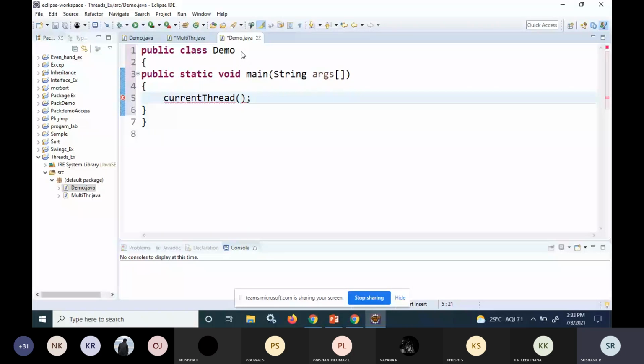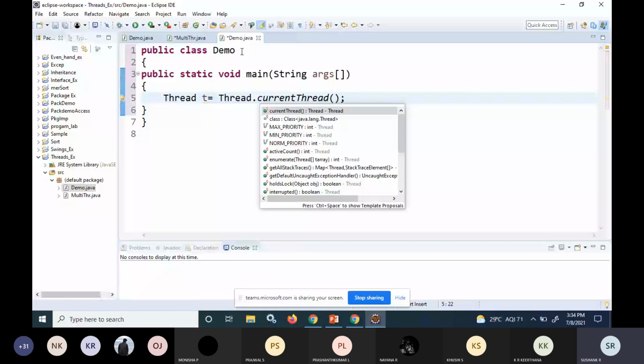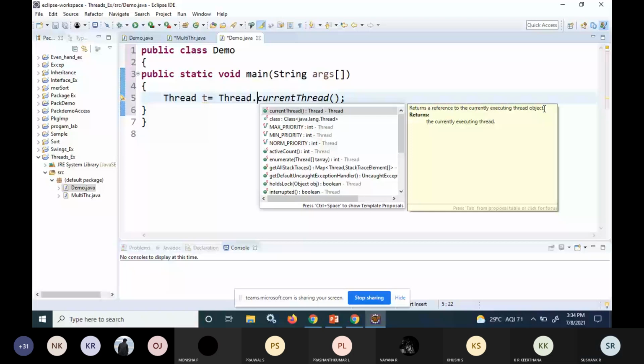It belongs to the Thread class: Thread t = Thread.currentThread(). This function returns the reference to the currently executing thread object, and I'm storing that reference in a variable called t.